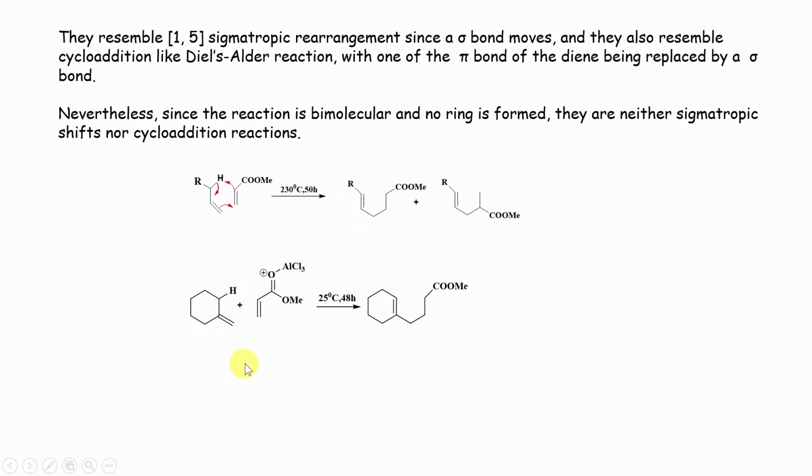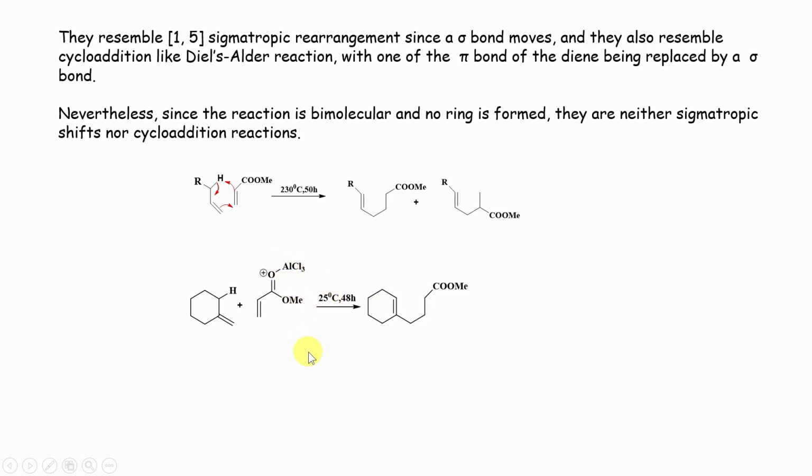Another example, in presence of a Lewis acid. Here capture of this hydrogen by this carbon atom takes place, or migration of this hydrogen to this carbon atom takes place with the shifting of this sigma bond to a sigma bond between this carbon atom, along with the bonding between these two carbon atoms by using this pi bond, forming this molecule. It is another important example of an Ene reaction where aluminum chloride, a Lewis acid, acts as a